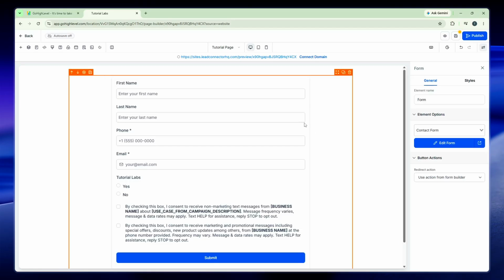And that's it. Your GoHighLevel contact form is now successfully integrated into your website and ready to start